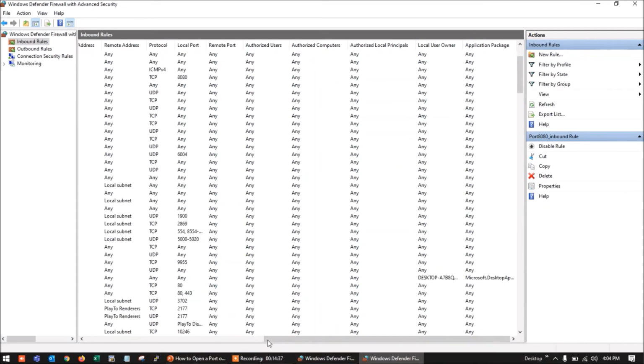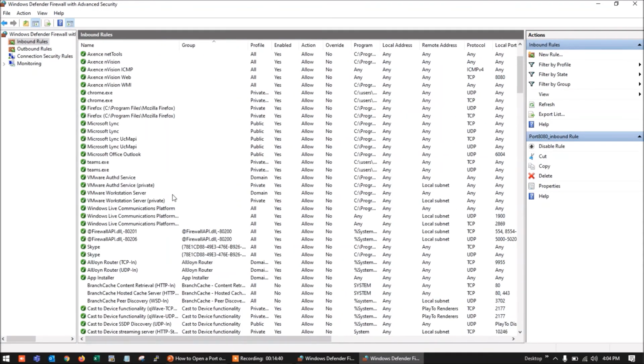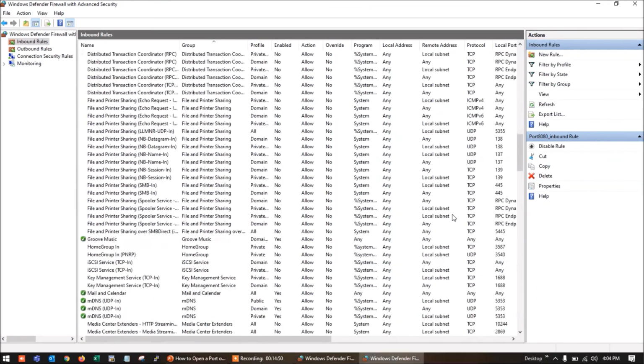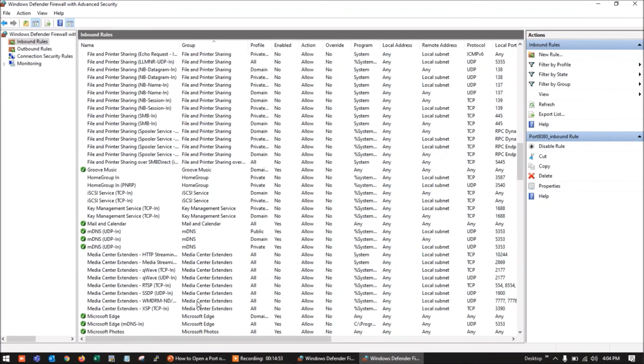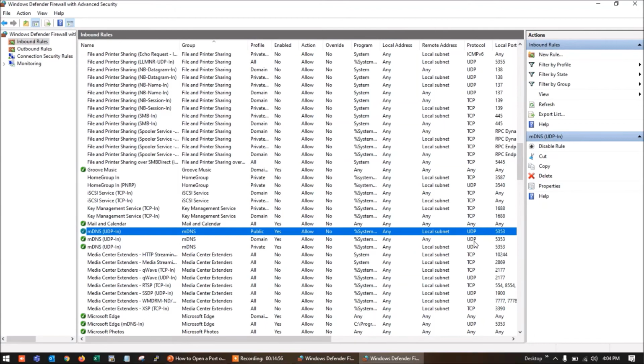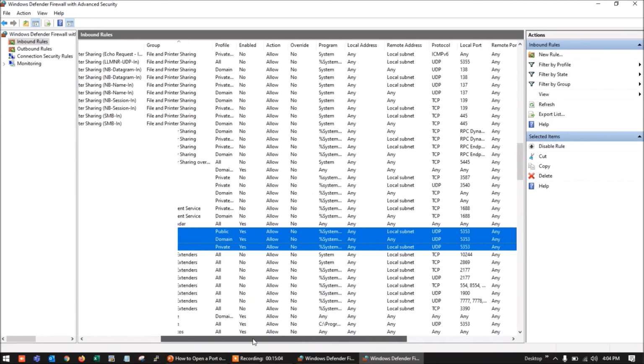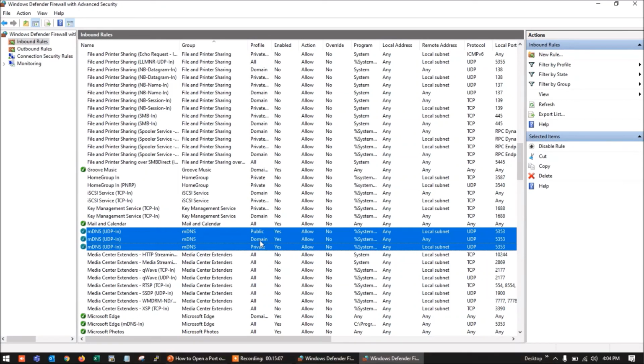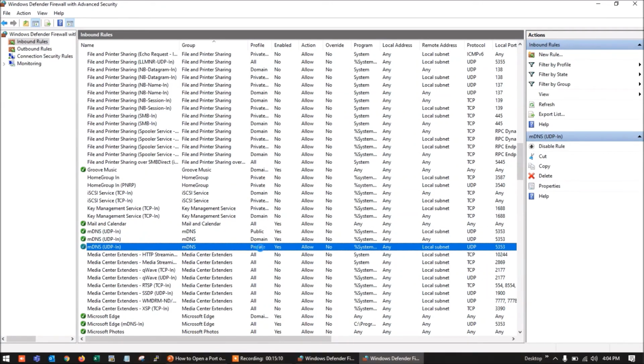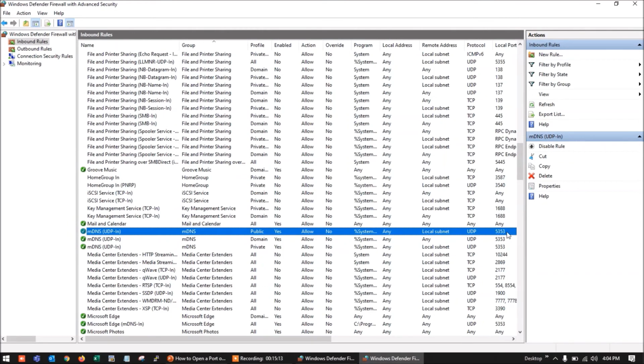Similarly, if you drop down this section, you can see there are multiple applications which are allowed for some specific ports and some specific protocols also. Here I will show you an application for DNS. You can see these are applicable for a specific port, like 5353 is the local port. It is not allowed for everyone. One is for the domain, one is for the private, and one is for the public. They all have a similar port number, but we have created different rules.